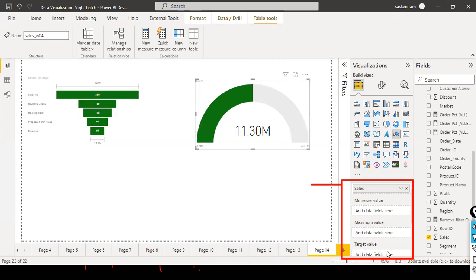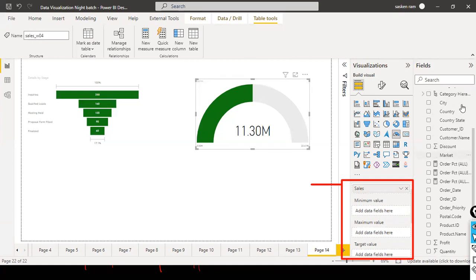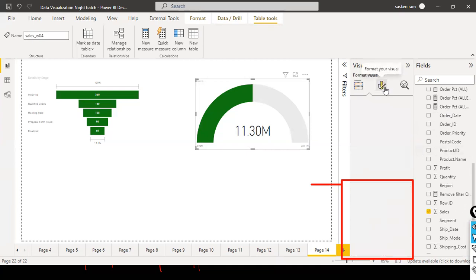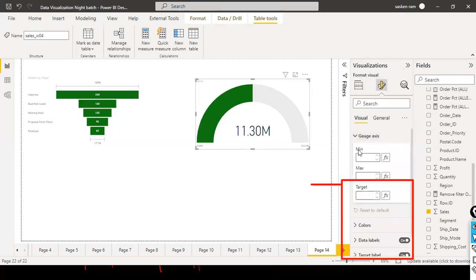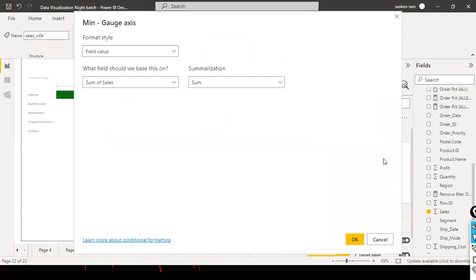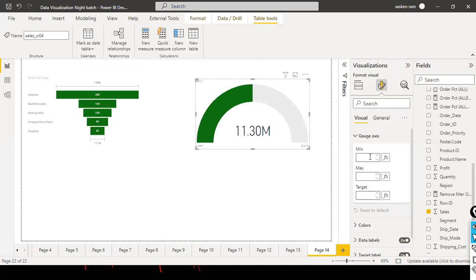Since these values are not available as part of this table's columns, there is another option. You can go to Format your visual, and then expand the gauge axis. Here you can specify the minimum, maximum, and target. For example, here we have something like a formula and all. Field value, sum of sales, and that's all, not much. And here what you do is the minimum is